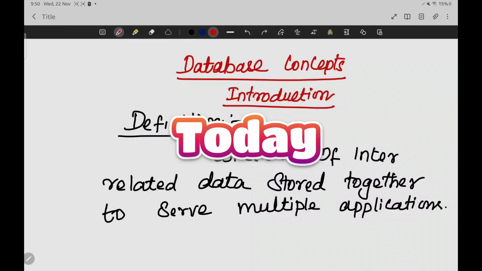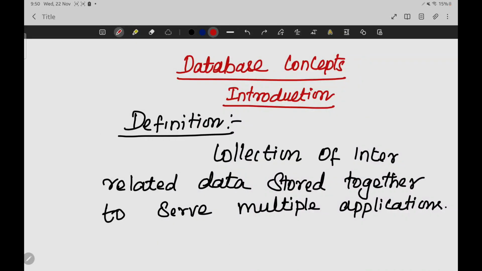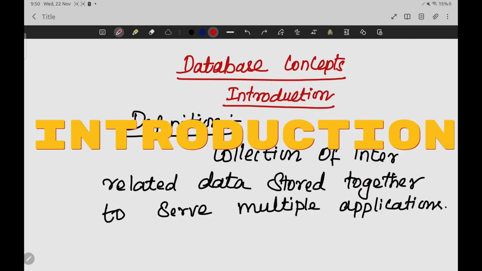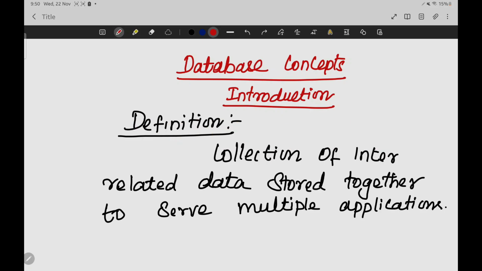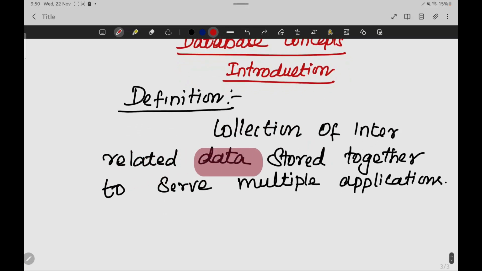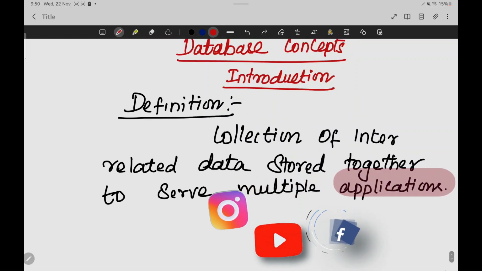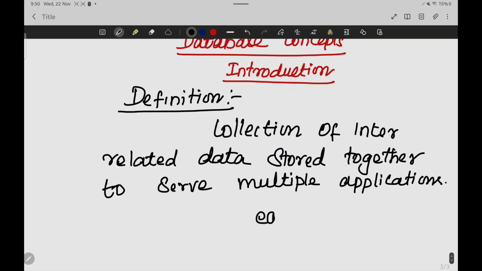Everyone, today we are going to see a new topic, the database concept. We will have the definition and the introduction about the database concept in this video. The definition can be given as a collection of interrelated data stored together to serve multiple applications. So this is the definition. The best example for the database concept is